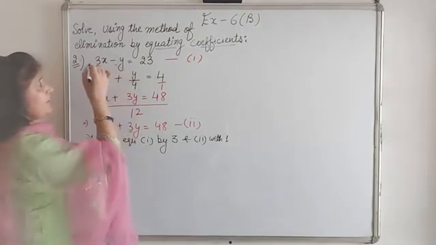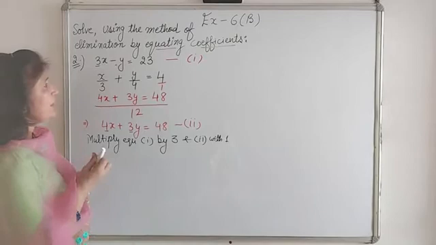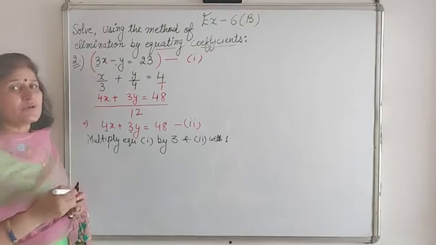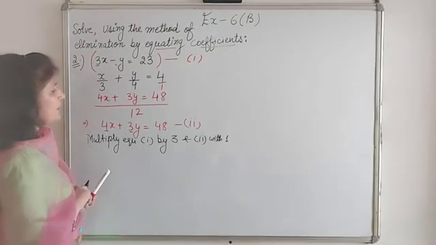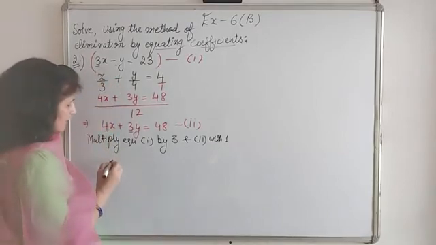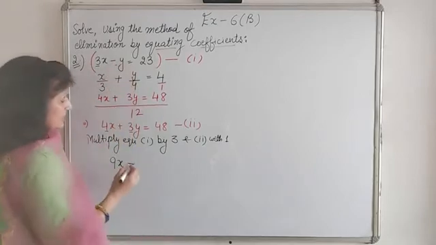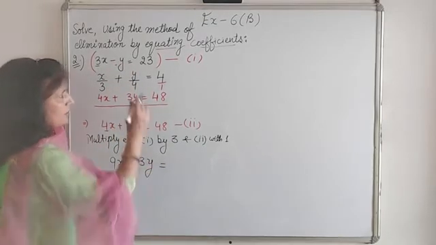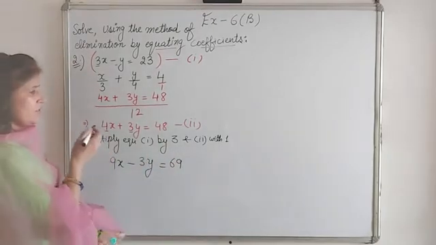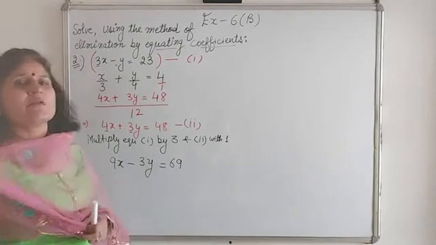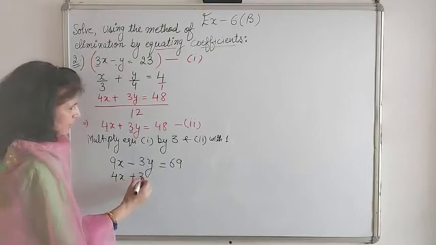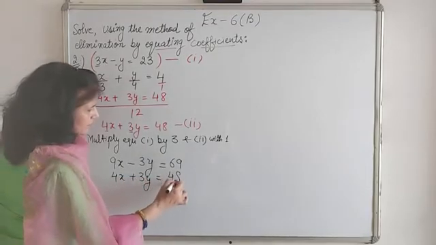So if you multiply, you have to multiply this full equation. We are talking about equation, we are not talking about only of the variable. So when you multiply this full equation by 3, 3 1s are 3, 3 3s are 9. So 9x. Here 3 1s are 3, y equal 23 into 3, 69. Now this equation, when we multiply any number with 1, what will come? Same term will come. So here it will give us 4x plus 3y is equal to 48.